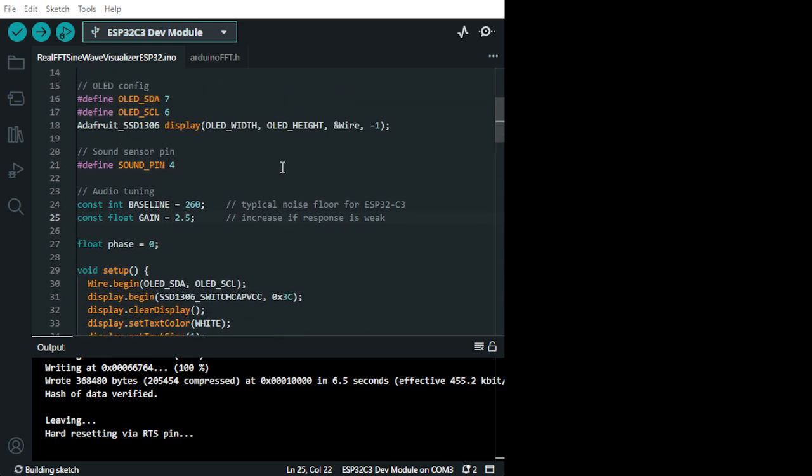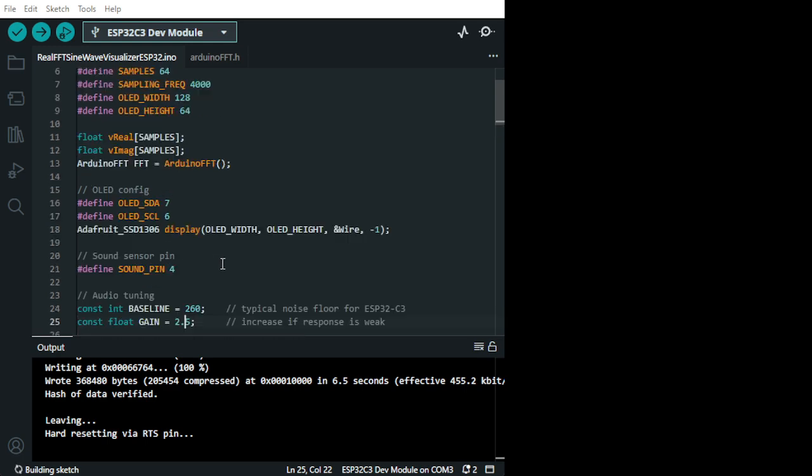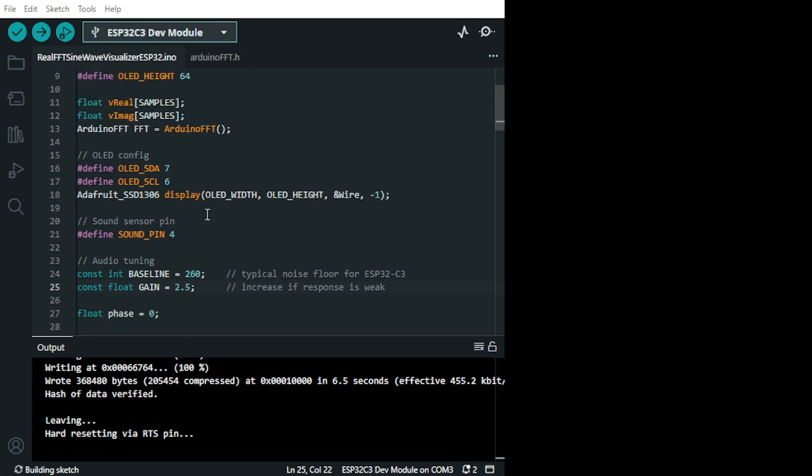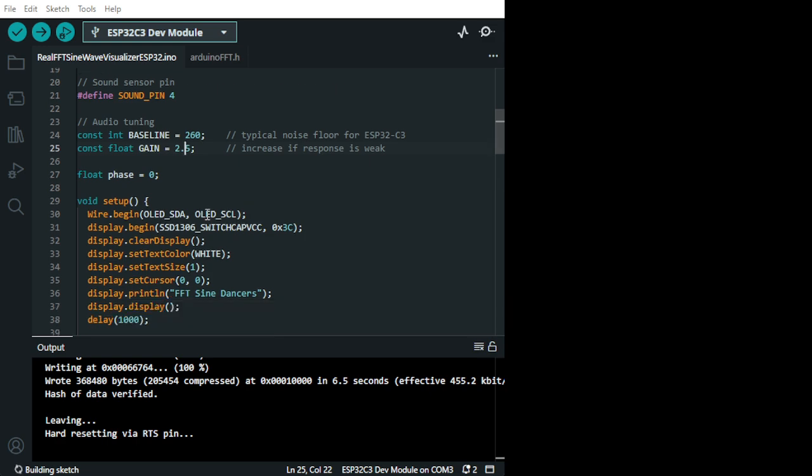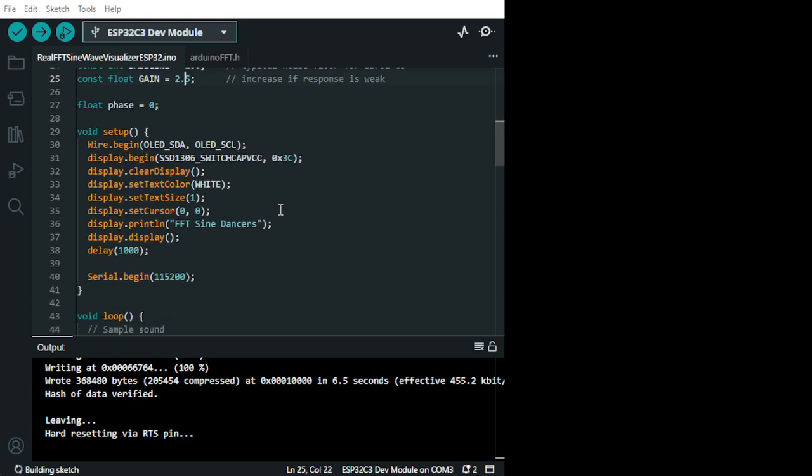Okay, pin number 4 is the sound sensor. And the OLED you need to initialize. It's number 7 because it's I2C. It's SDA on number 7 and SCL on number 6. Okay, and then you have to initialize it. In this case, Wire.begin, OLED_SDA, which is number 7, and OLED_SCL, which is number 6. All right, and then you have here the